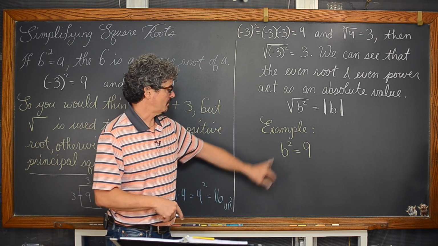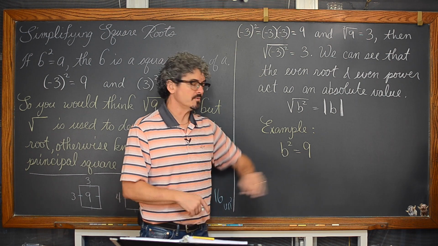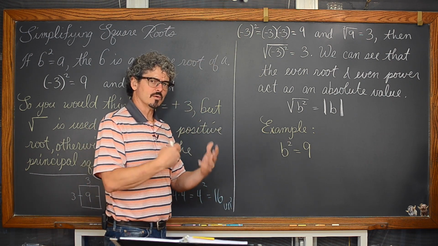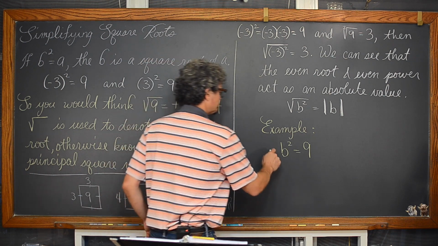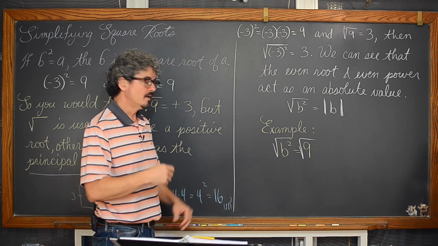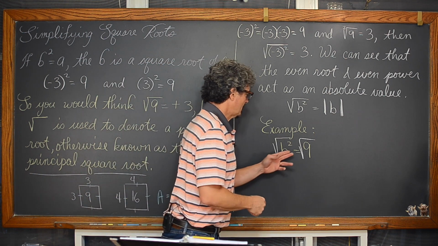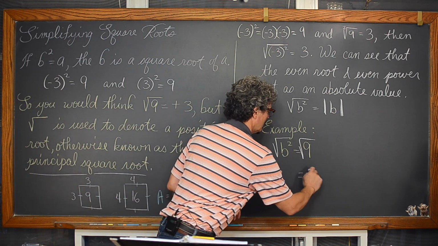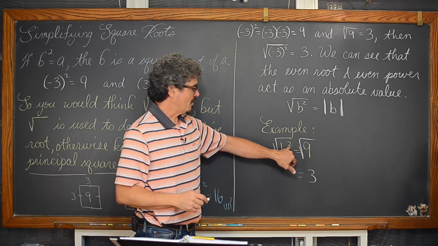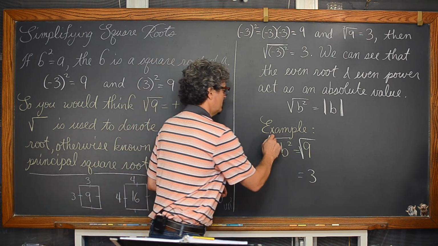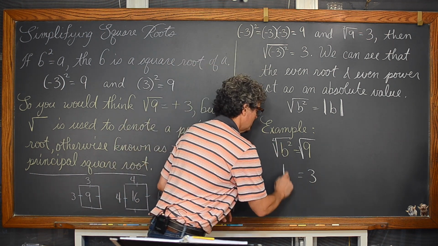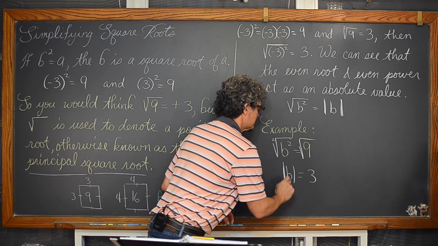a negative answer? Well, if we have here b squared is equal to 9, and I want to solve this equation, even though this is a numerical video, we're going to do a little bit of preview of algebra here. If we square root both sides of that equation, then we have the square root of 9 is equal to 3, but on the left-hand side, with that power of 2 and the index of 2, or the square root of that b squared, that's actually acting, again, as an absolute value symbol.